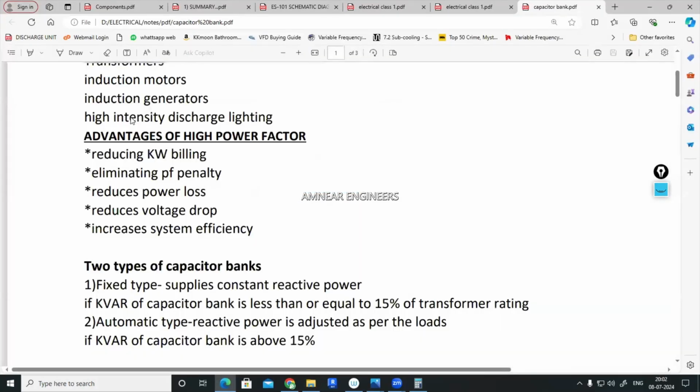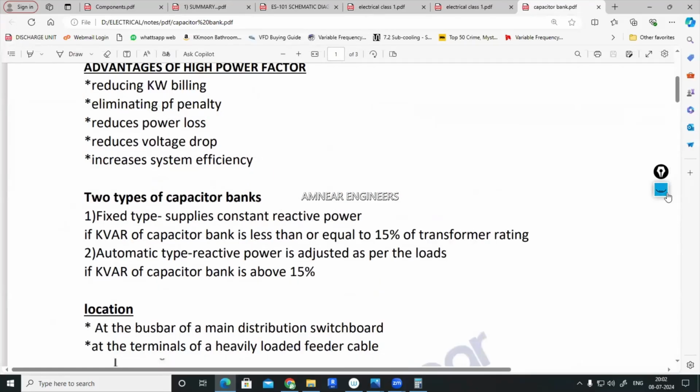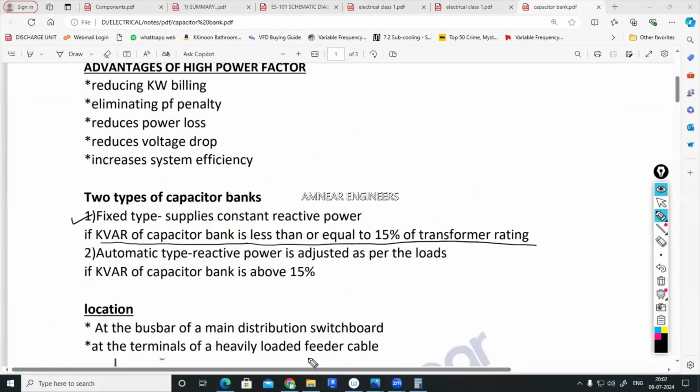Suppose a fixed type capacitor bank. We use a fixed type of capacitor bank where the reactive power rating of the capacitor bank that we calculate is less than or equal to 15% of the transformer rating. What is the specialty of a fixed type capacitor bank? It supplies a constant amount of reactive power. So if the kVAR of the capacitor bank that we calculate is less than or equal to 15%